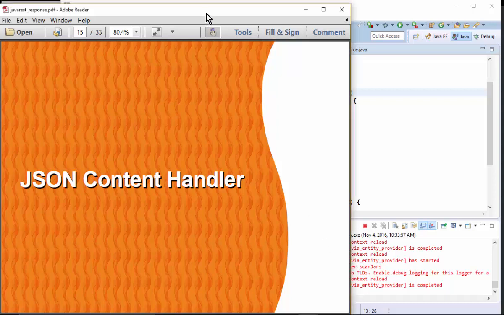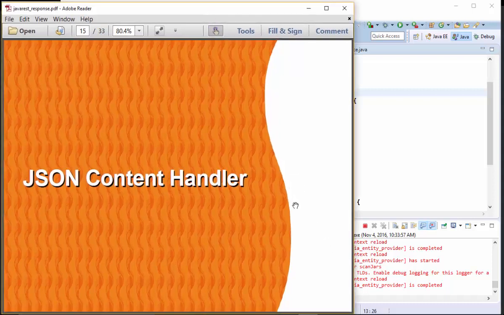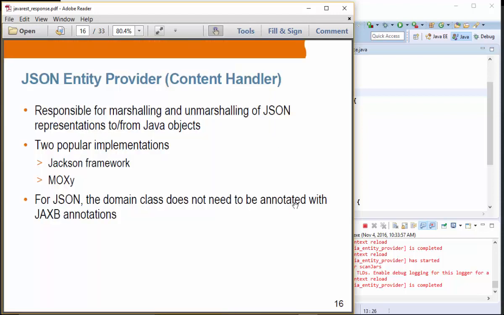So we just learned how to create the XML. Now let's talk about how we can create JSON. We know that we can create a JSON without having to add any annotation on our domain classes. Okay? So as I said,